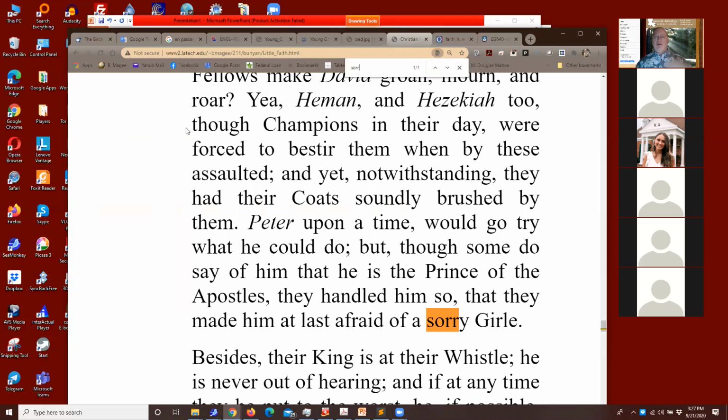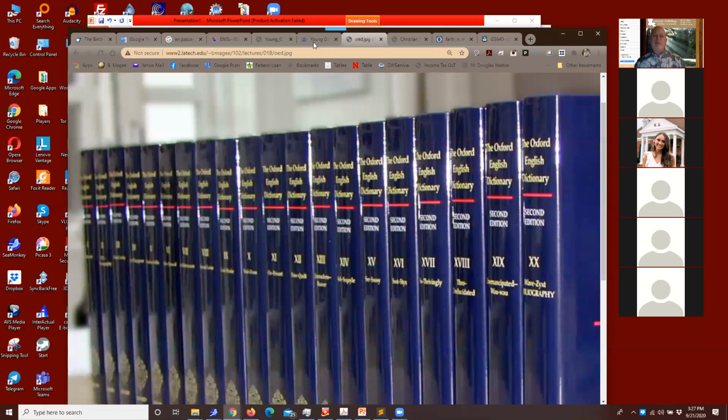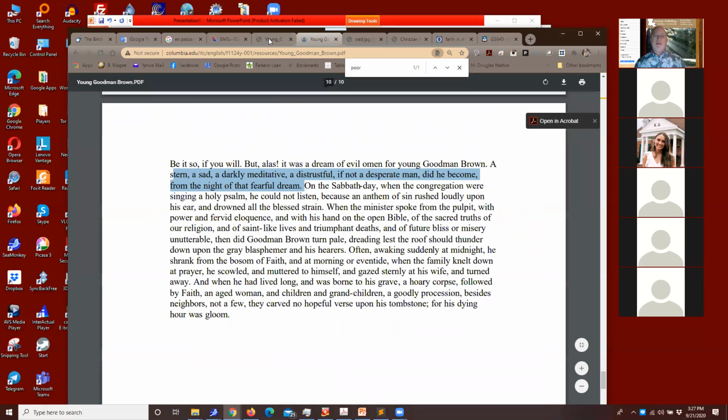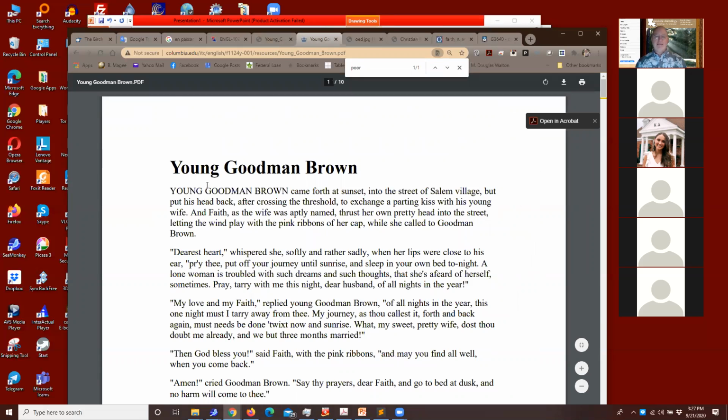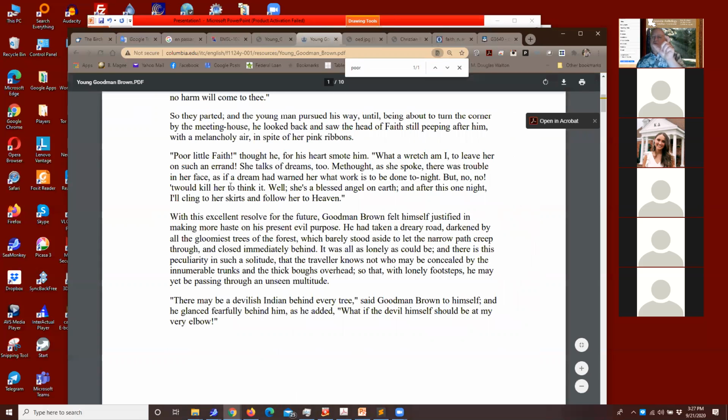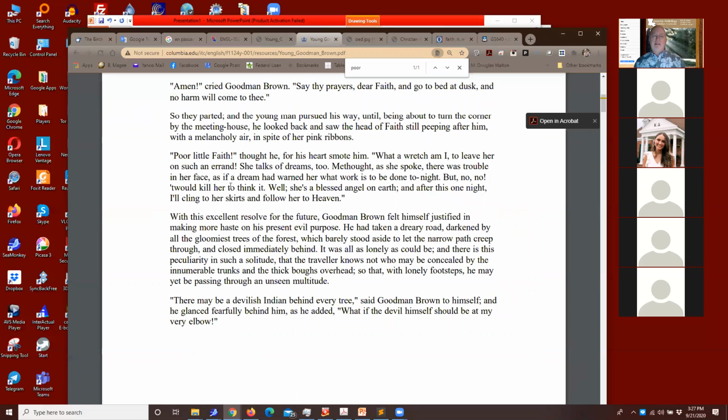So the denial of Peter when his faith failed, and then the falling into the water, the other cases where the disciples came up short. This becomes the source for Bunyan, which then in turn becomes the source for Young Goodman Brown. So when you see that phrase, little faith, it's a tip-off. It's not just the regular meaning of faith. It's this specialized word. What's one word in Greek, it takes two words in English.